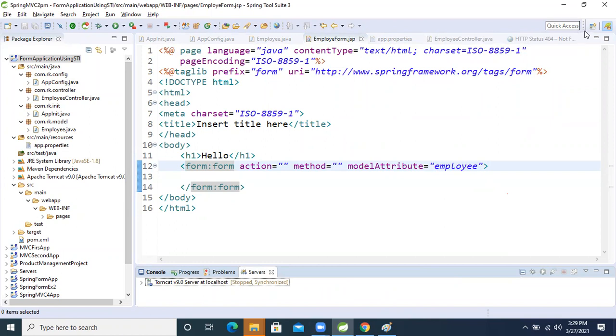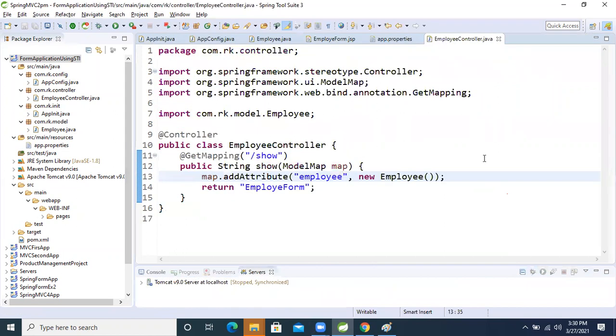One minute, friend. It's going behind our controller: model map dot addAttribute employee, new Employee. It's correct only.